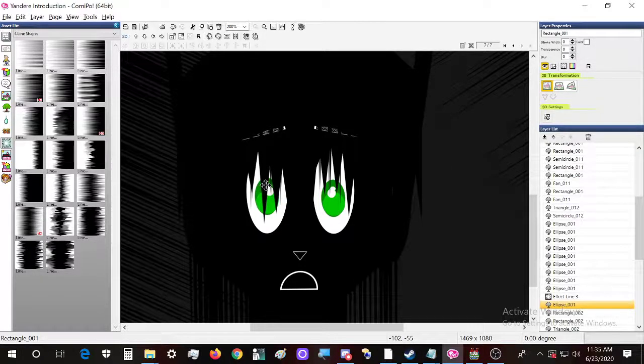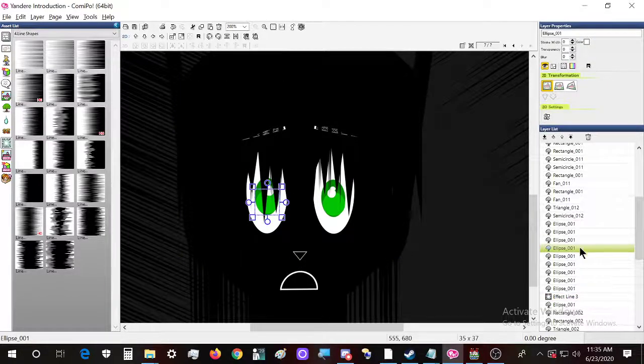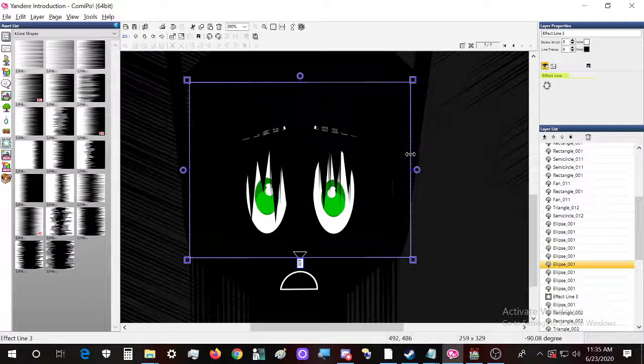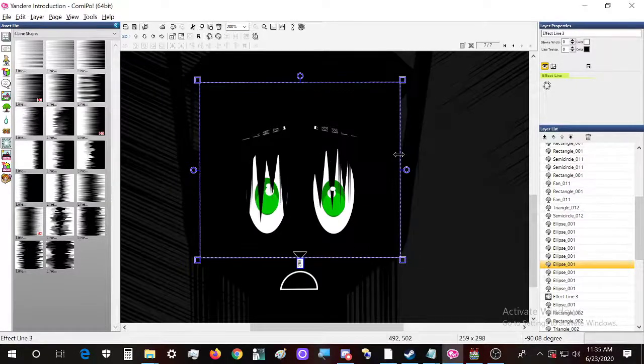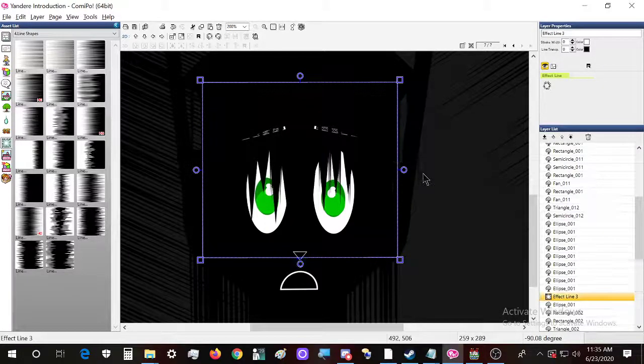Okay, the little one in there needs to be, no, alright, should we adjust them like this so that the eyes are a bit more visible? Yes.